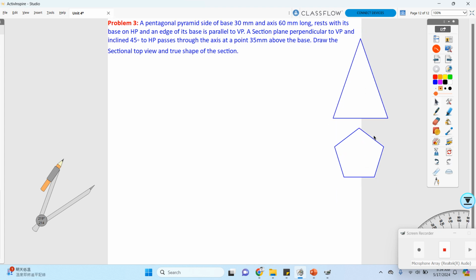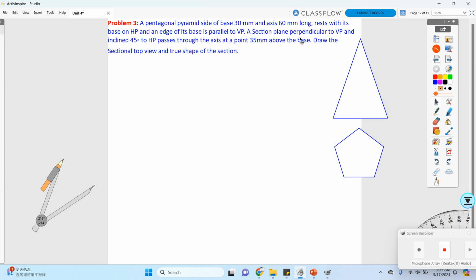Okay, so for your reference, first we can develop a small rough draft. For that I am showing you. They are telling 30 mm and 60 mm, then followed by, rest with its base on HP and the edge of its base is parallel to VP. Then they are telling